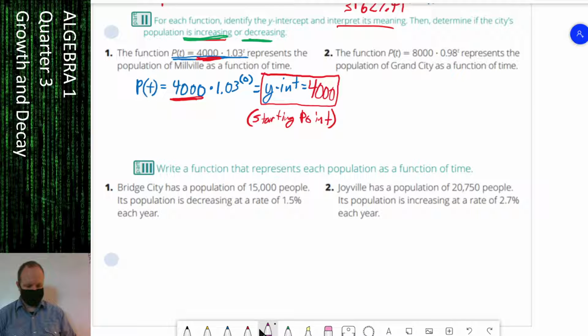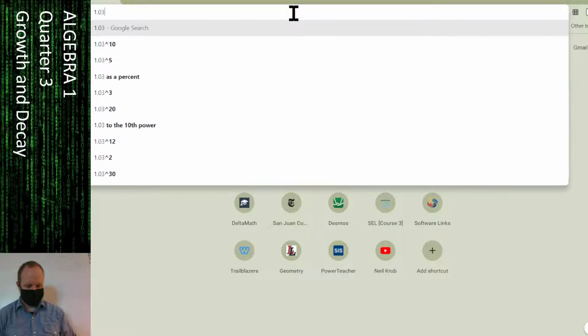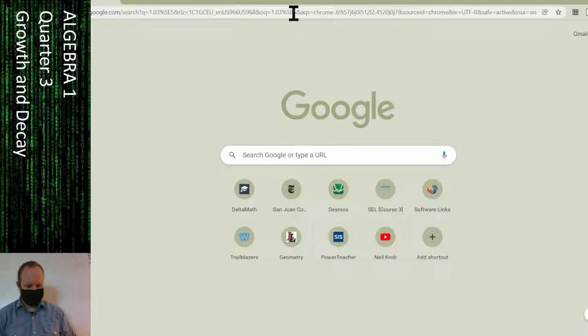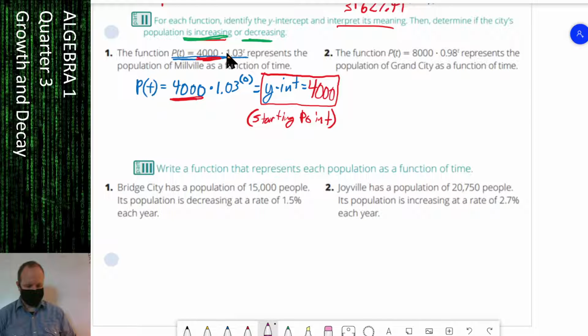I don't even know. Your calculator would do a better job of telling you what it is. It was 1.03. And we're raising it to the 5th power. It is 1.157. So that number, it grew. We were multiplying by 1.03, but now we're multiplying by a little bit more than that. So if we're multiplying by a little bit bigger number, it should make sense that our 4,000 would get bigger,